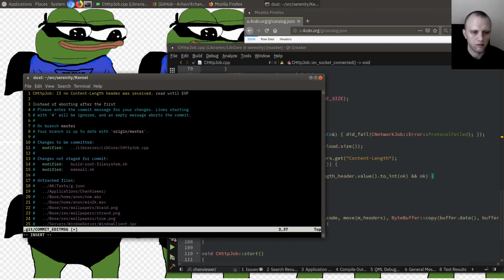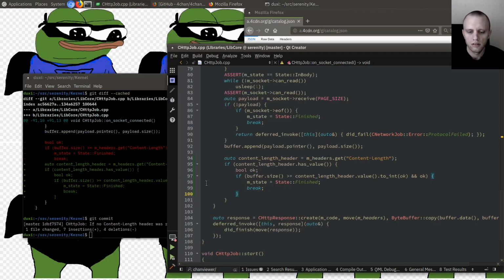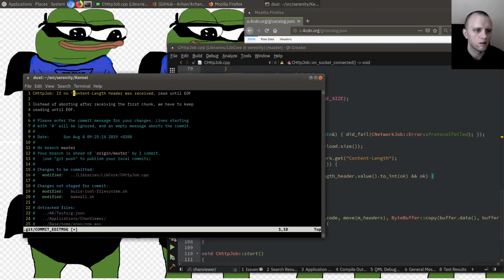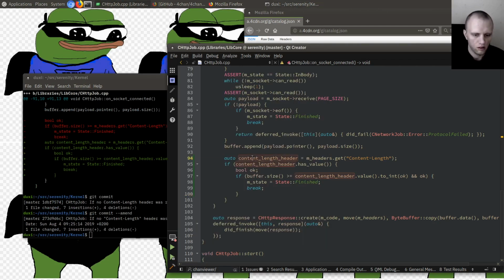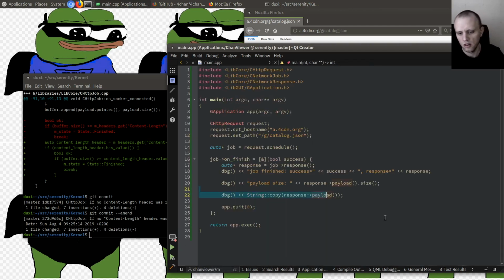The first chunk, receive the first chunk. We have to continue. Yeah. Maybe we should put this in quotes here. Okay. All right, so then